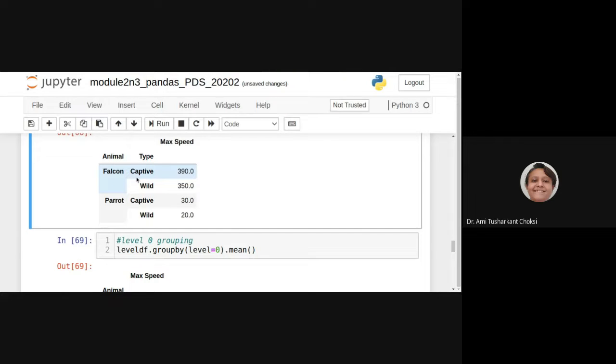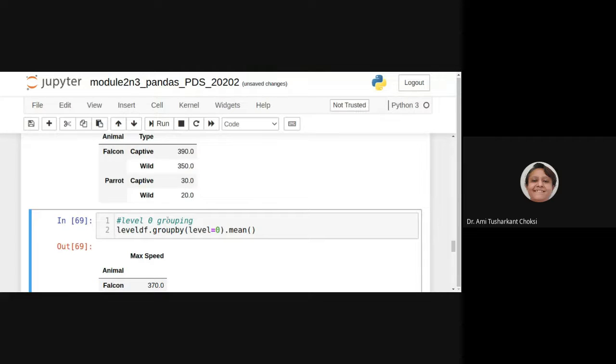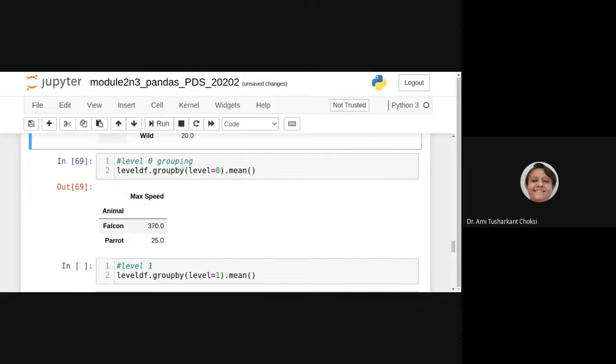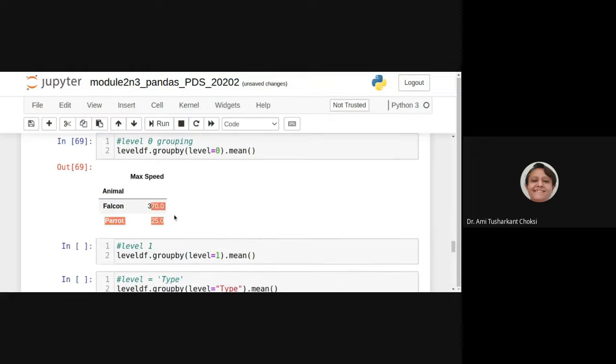Okay, index starts with 0, isn't it? So for animal, we are having group by, and then we are having the mean of it. For falcon, it is 390 plus 350 divided by 2, so that is 370, right? Same way for parrot, it is 20 plus 30, so it is 50 divided by 2, that is 25, right?